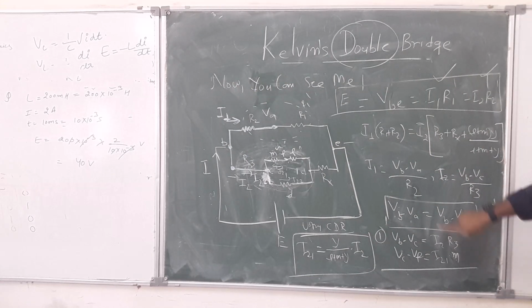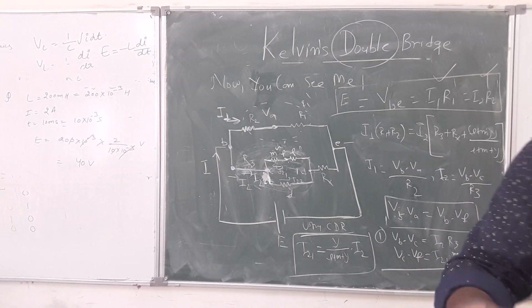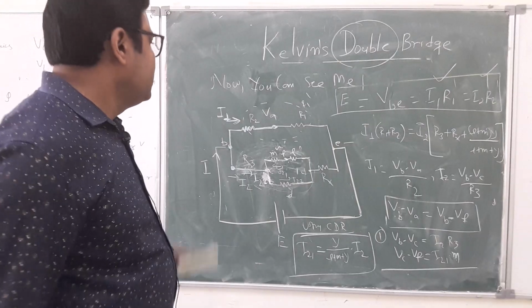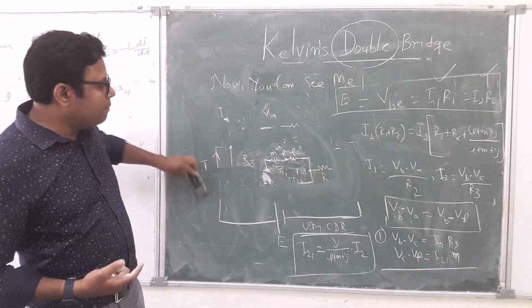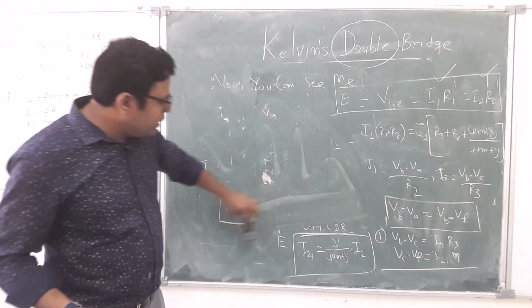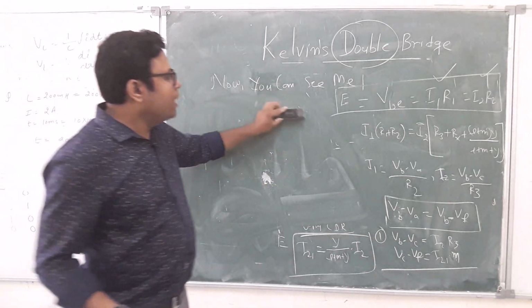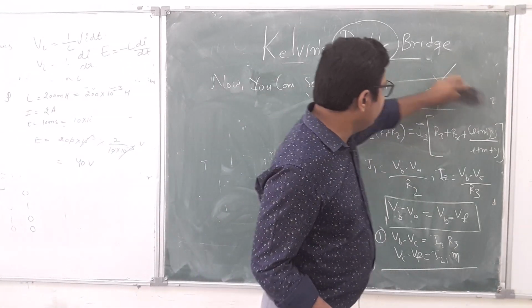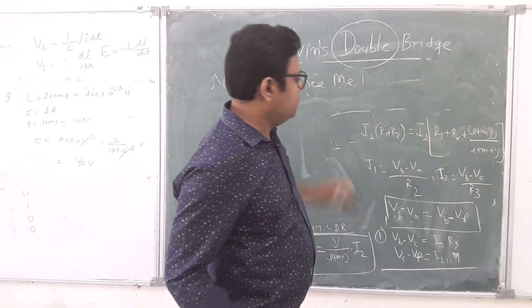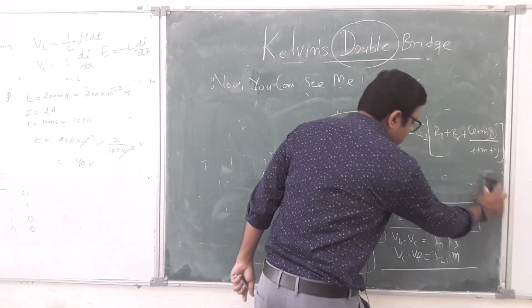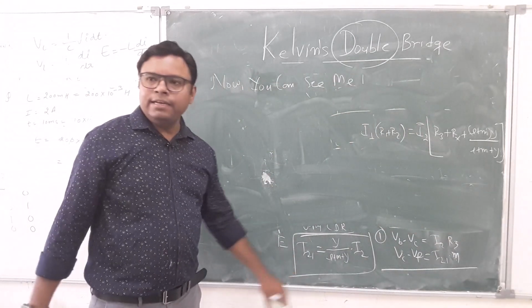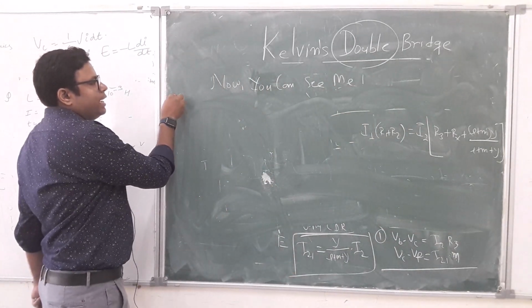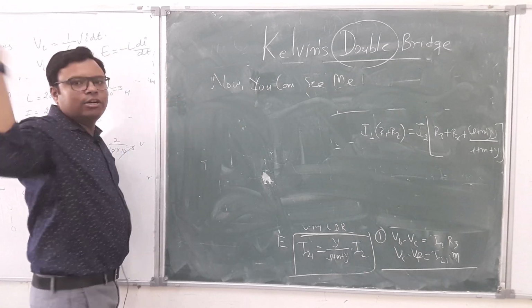So I am rubbing from here. I am rubbing this because it is not required now. I am totally dependent on the equation. I don't need this circuit now. I don't need this. I need this. I am replacing this also because I have used it. So only these two things are left. Fine. So keeping this, that I have.